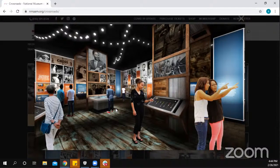And this room has different layers. So as I was saying, you have some walls that have that wood and the metal. And then further behind that wall, you could see more wall that has wood, and it looks like old barn wood, so it's kind of aged. But you have a photo on that wood, and the photo itself is black and white. So the one photo that I see